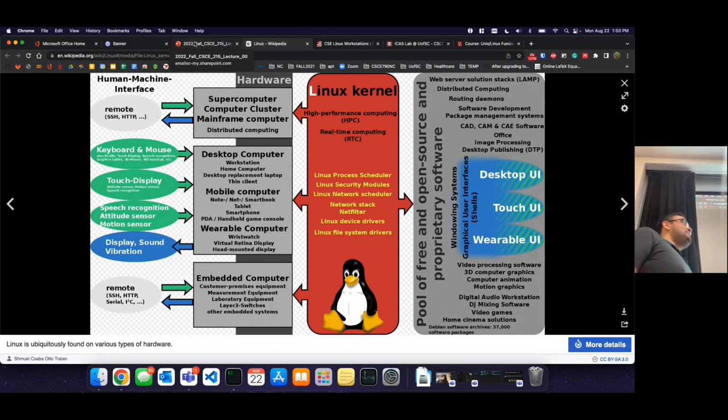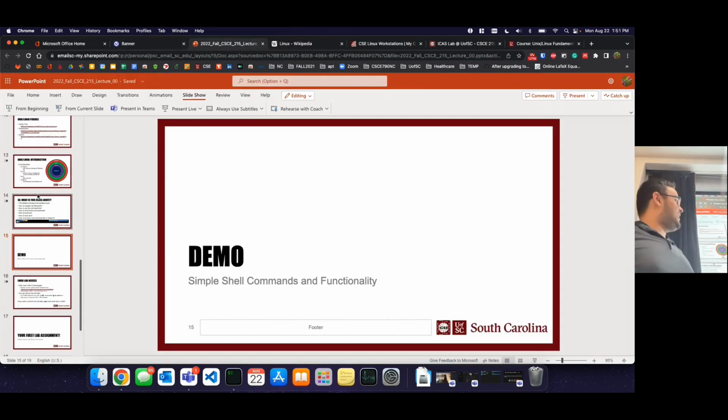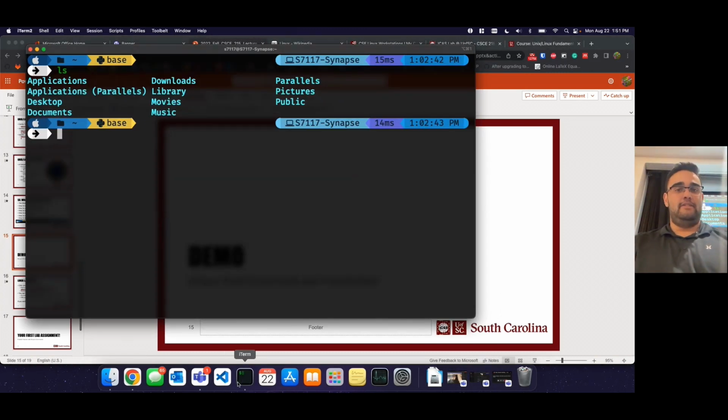And during the summer, it was a 2-hour or so session per day, so I just condensed this into like 20, 30 minutes. Okay, so I promised you a demo at the beginning about how to remote in. So this will give you an idea. In the Linux labs, your shell will not look like this. I've customized it and made it look really pretty, with nice little information here and there.